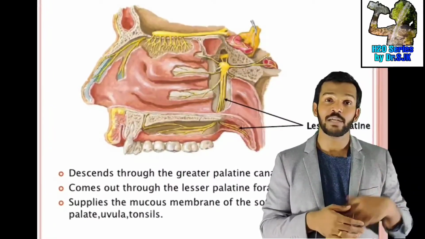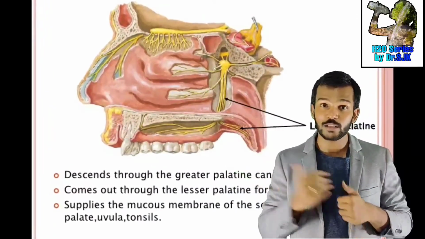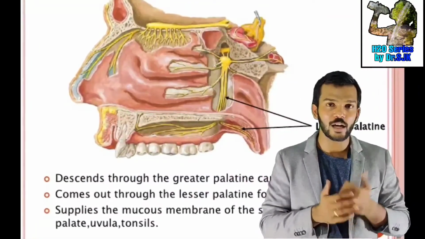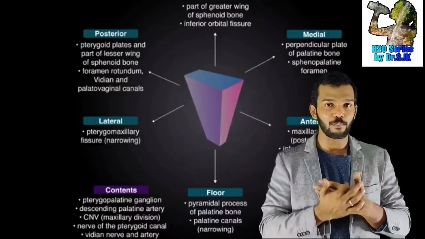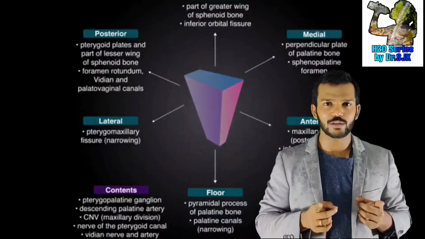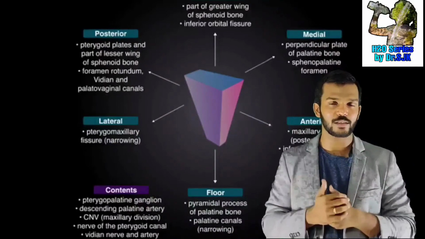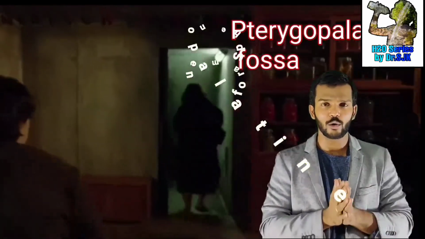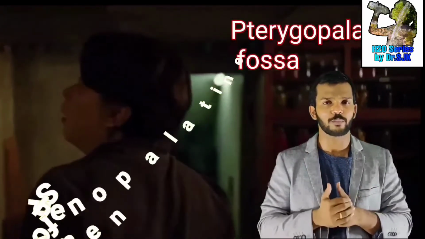So medially you can go into the nasal cavity, laterally into the infratemporal fossa, inferiorly into the greater palatine canal, and posteriorly you can pass through the two foramens and reach the cranial fossa. Now say, isn't it a magical world? Now you are entering the secret door into your wardrobe found at the posterior wall of your bedroom.